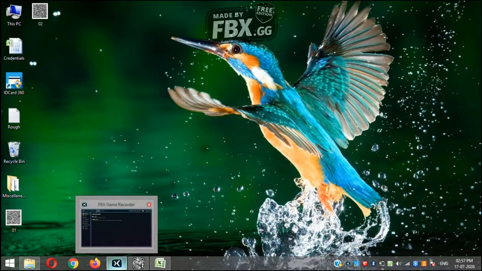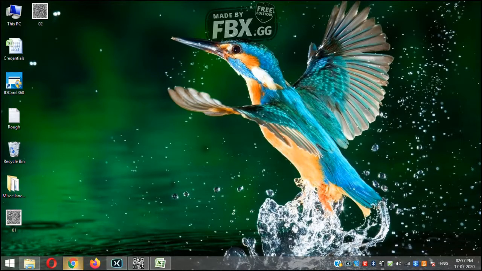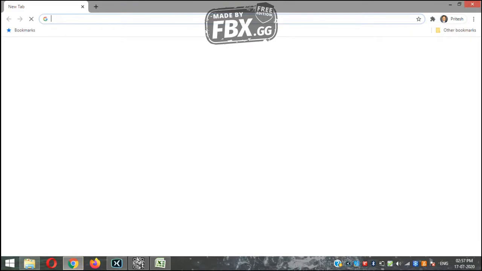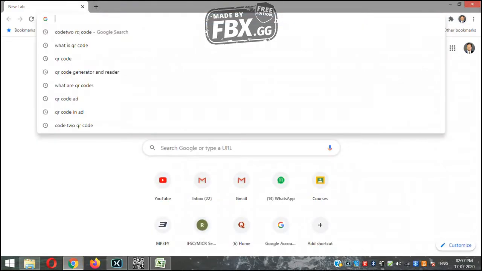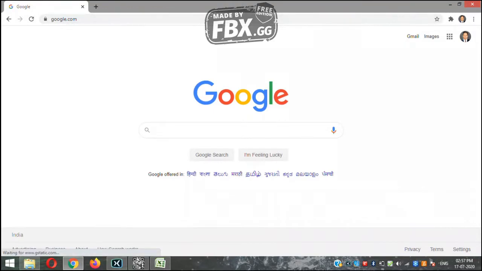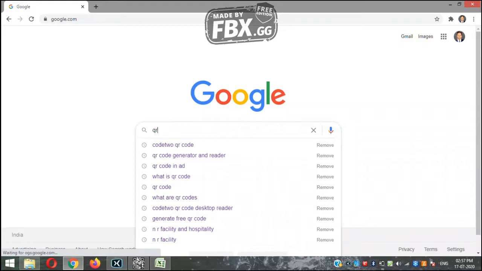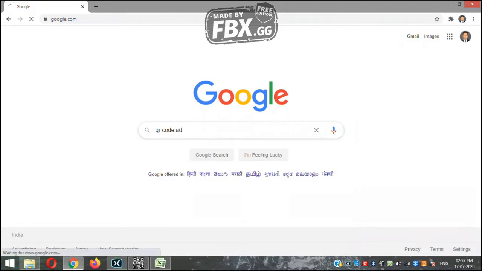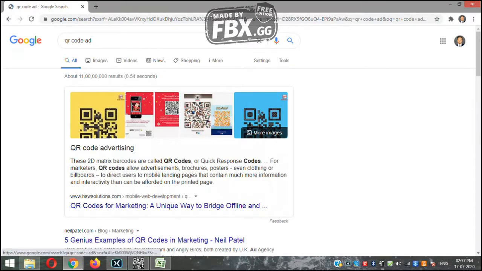Apart from this, in this software, if you want to read a QR code of some third party or some other company, if I go to Google, I'll type something like QR code ad. I'll take any third party app.